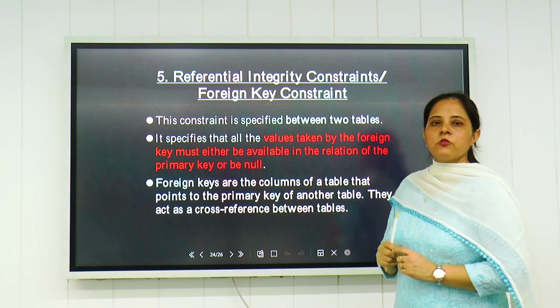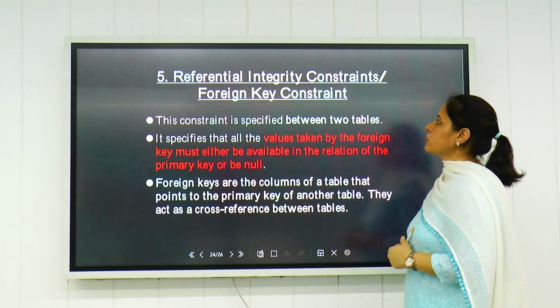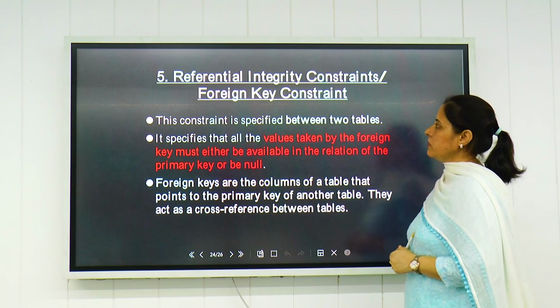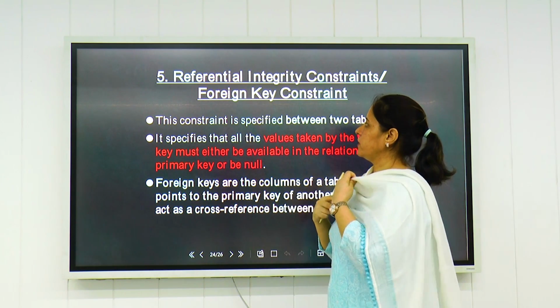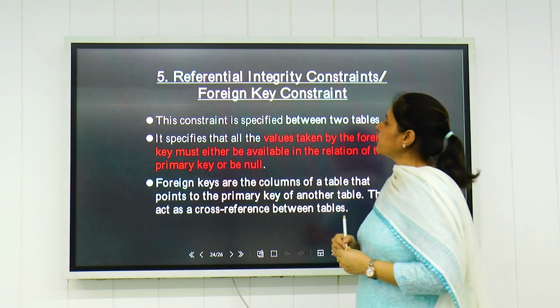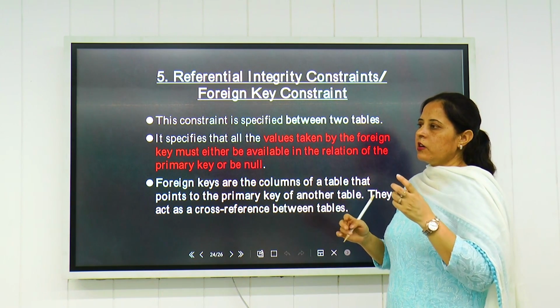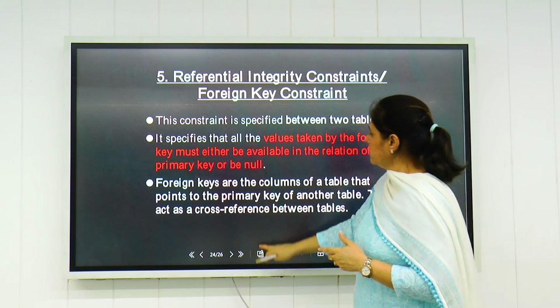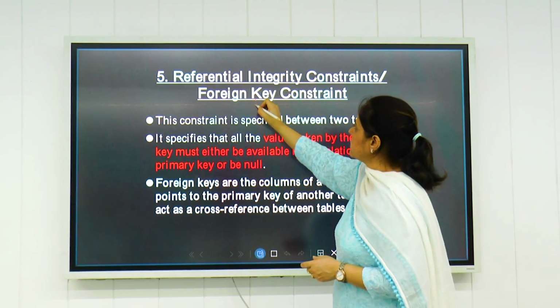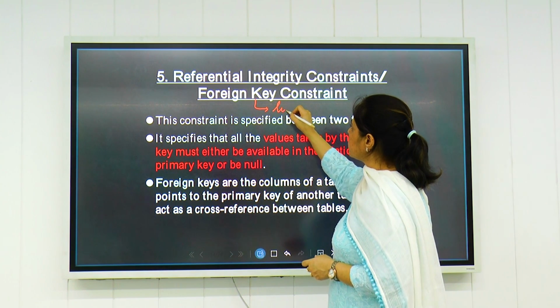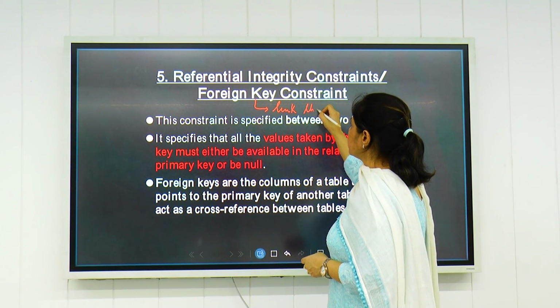Now the fifth and the most important integrity constraint in a database management system on the relational model is referential integrity. Referential integrity deals with the concept of foreign key. As we have seen earlier, a foreign key is used to link two tables.